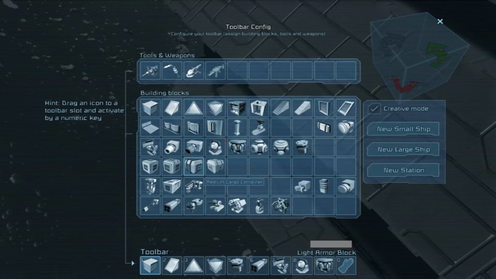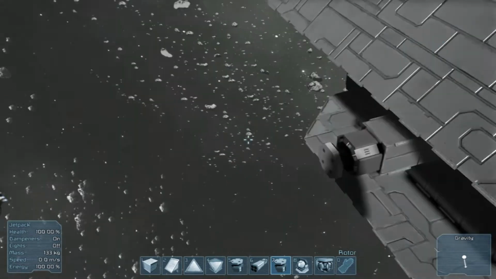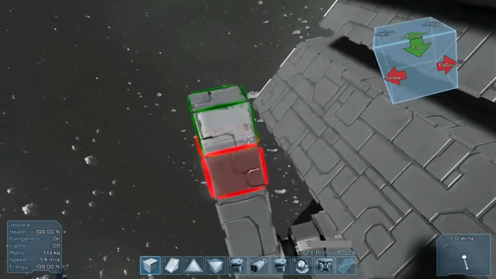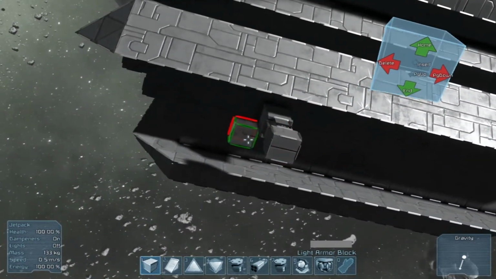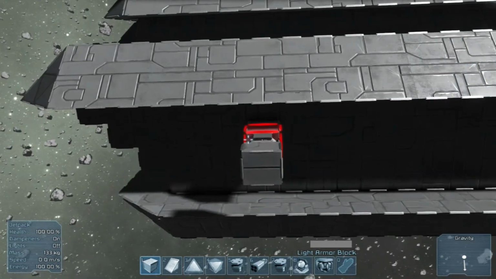Oh, wait, can I use motors on a small ship? Yeah, because I already did it once already. Okay. Okay, so if I did this, where does that put that at? Okay, one between, just like I wanted it. Awesome. Alright. Now we need a...